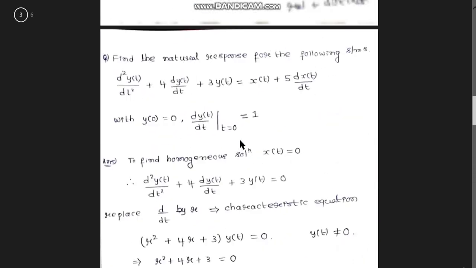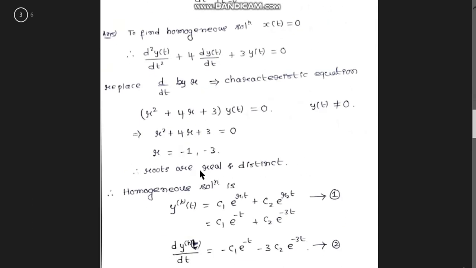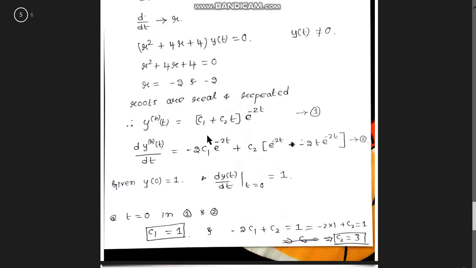So in that case, what will be our homogeneous solution form? It will be like this. You can see repeated real roots are repeated for k times. In our case it has repeated for 2 times. If they are repeated for k times, we will go c1 plus c2t plus c3t square till ck. In our case it is just 2 times, right? So we'll end up at this stage: c1 plus c2t multiplied by e power rt. So we got our homogeneous solution as c1 plus c2t e power